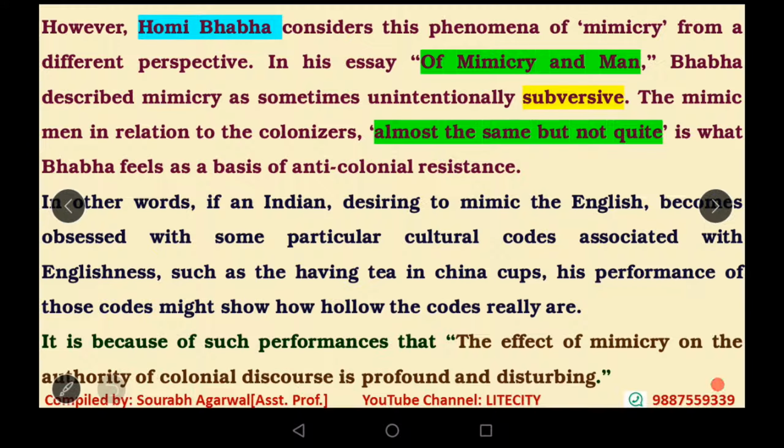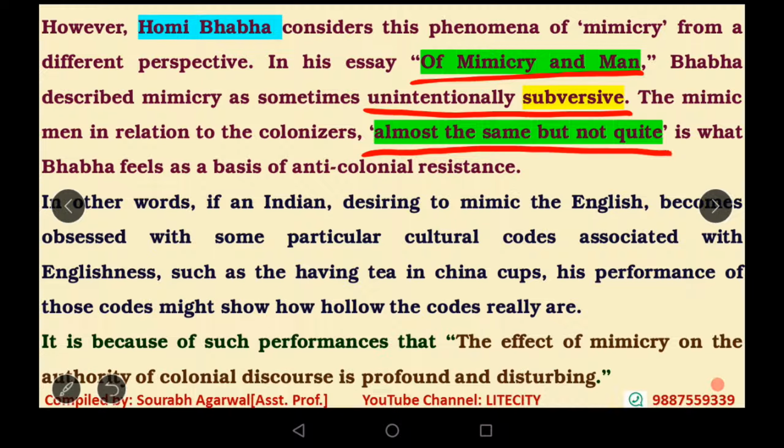Later, Homi K Bhabha considers this phenomenon of mimicry from a very different and positive perspective. In his essay Of Mimicry and Man, Bhabha describes mimicry as sometimes unintentionally subversive. Even when the mimic man is not knowing, he or she may be subverting the colonizer, the original. The mimic man in relation to the colonizer, this is the most important phrase, is almost the same but not quite,